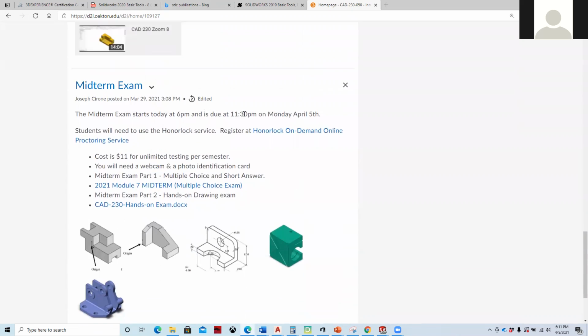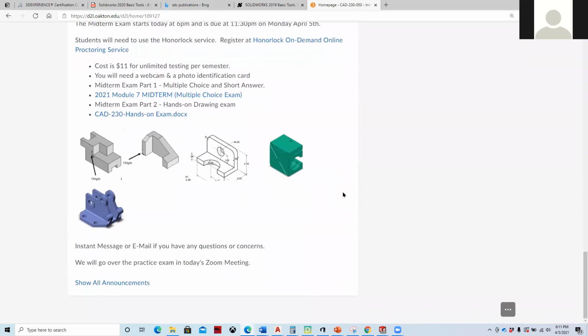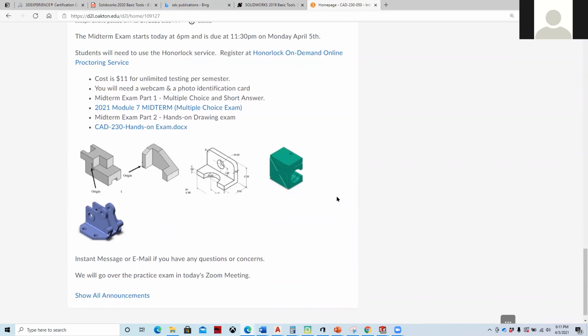If you don't get it done by 11:30 today, it will be late. You will still be able to take the exam, but it will be late. All right, with that,